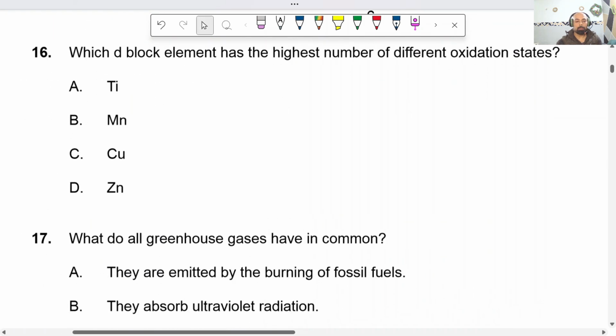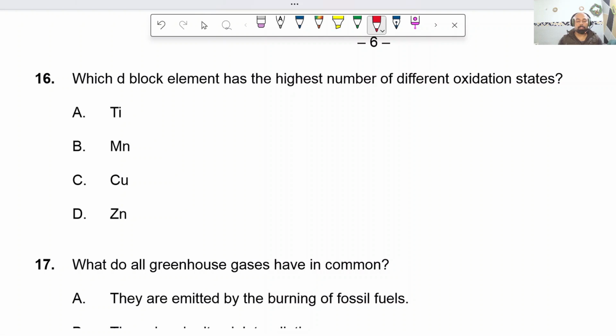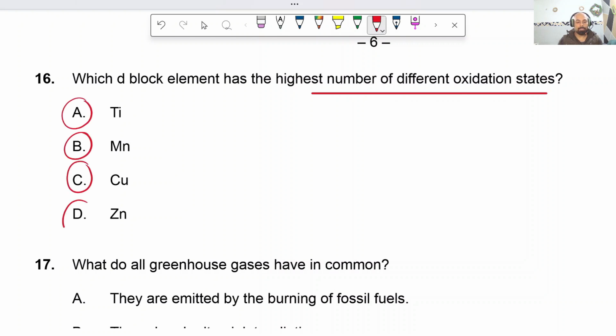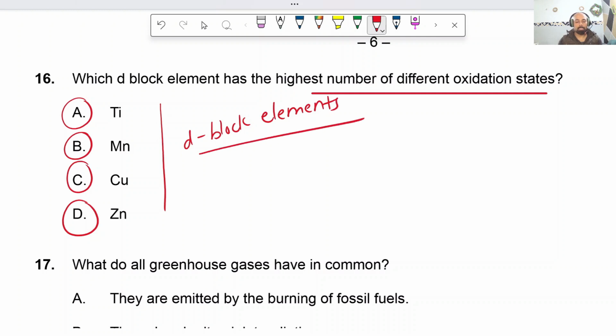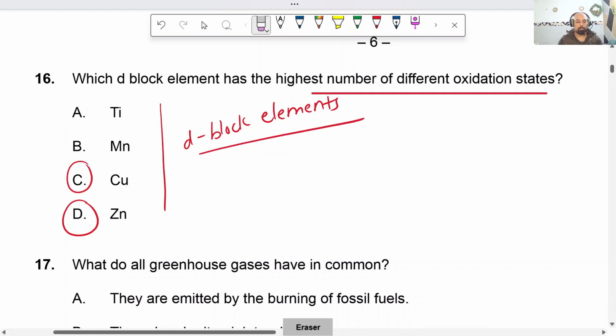Let's talk about question number 16. Which D block element has the highest number of different oxidation states? So we have different elements written over here. We have titanium, manganese, copper, and zinc, right? So you need to look through the electronic configuration that all these elements are D block elements. Okay, all these elements are D block elements, but you will notice one thing, that if you take potassium manganate